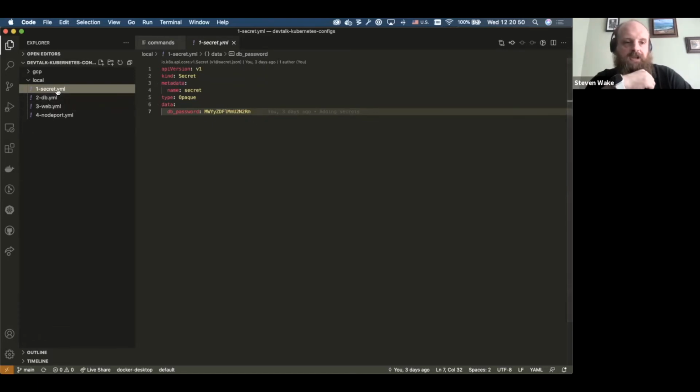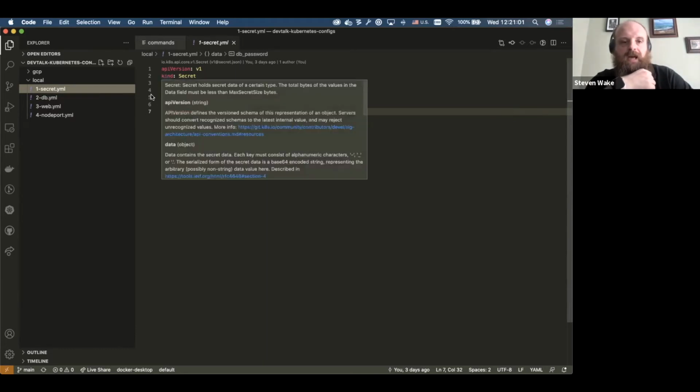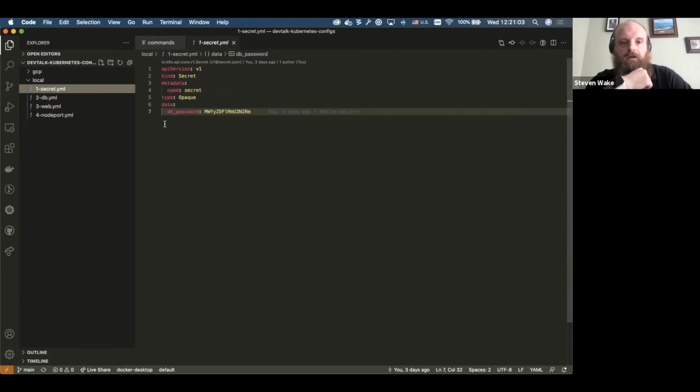So the first one is the secrets. This is a requirement of both the database and the web, so I thought I would do it first. It's declarative, as you can see. This just contains one thing. It's basically a key value store, and it contains one key, which is going to be a database password.